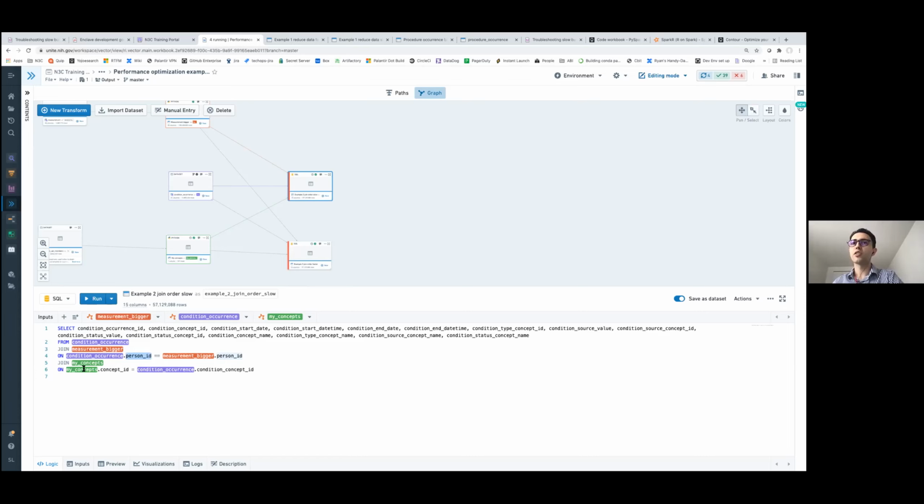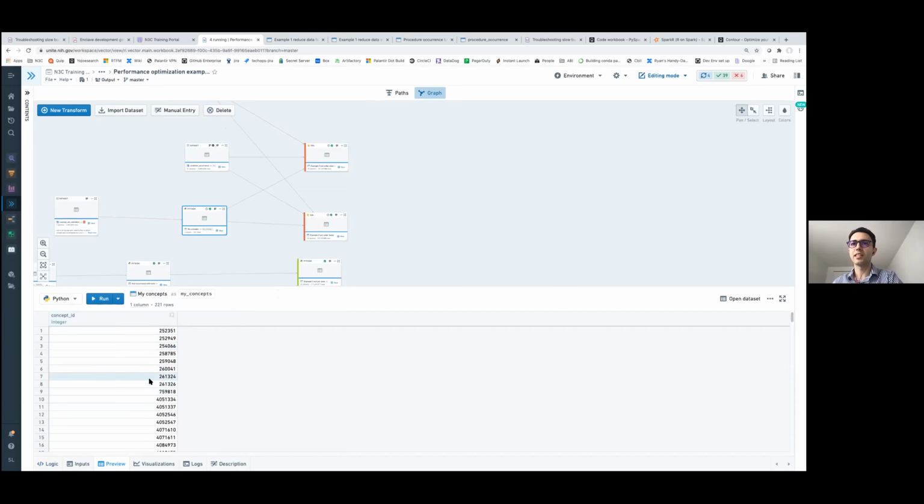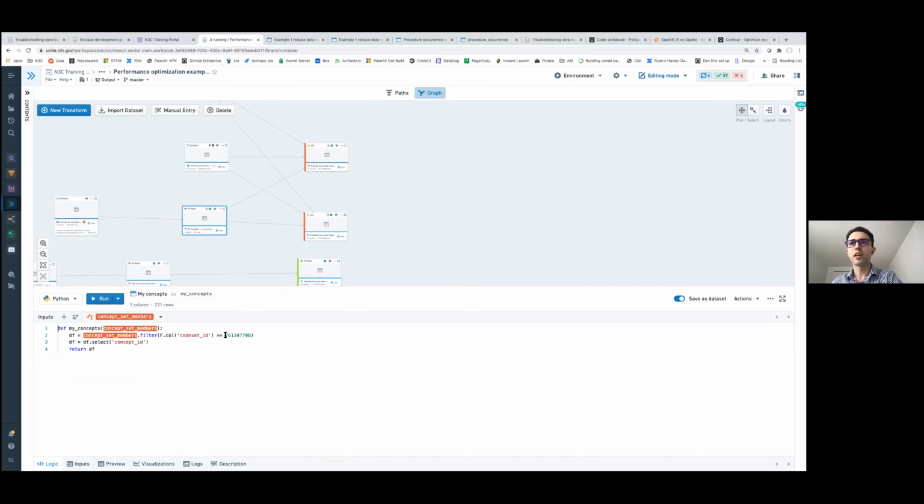And then we are joining with a data set called My Concepts, which, if we check here, contains some of the concept IDs that I want to run my analysis on. I think they're around 200 concepts, related to this code set ID.